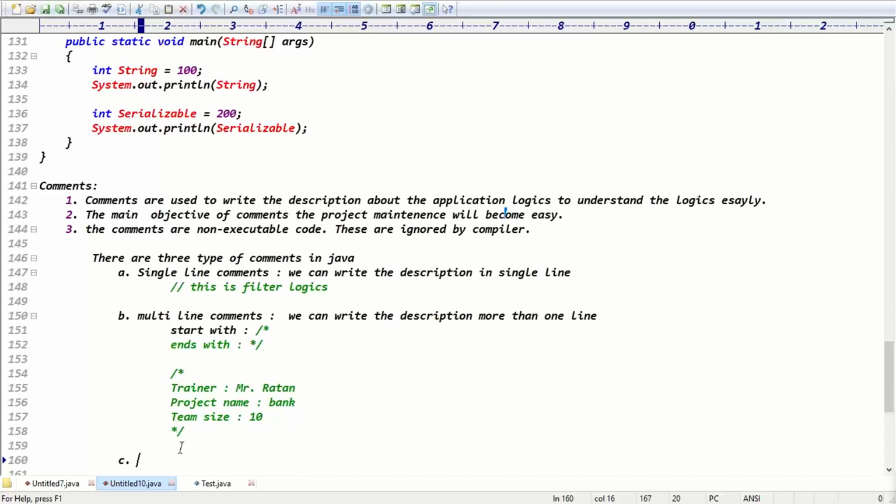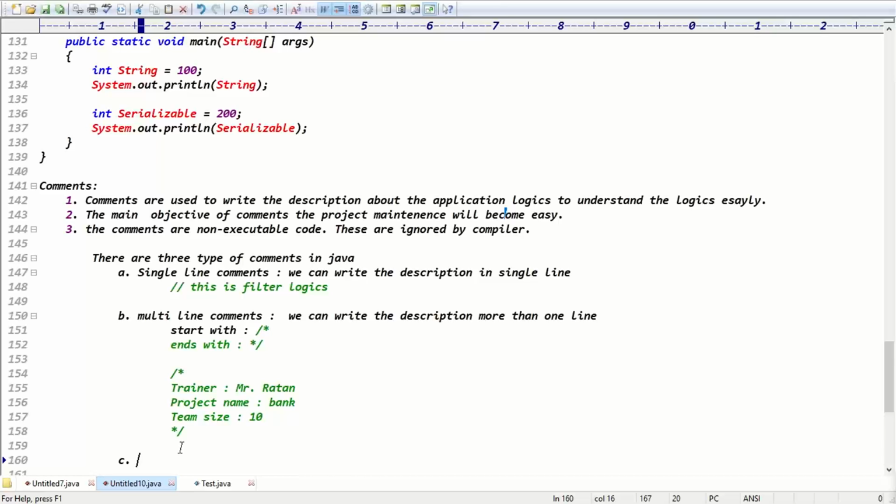I'm developing one product and releasing it into the market. About that product I have a user manual. Every product contains a user manual, even a washing machine or bike. In the same way, when I release the product, I have to give a user manual. That is called documentation, and we prepare it using documentation comments.